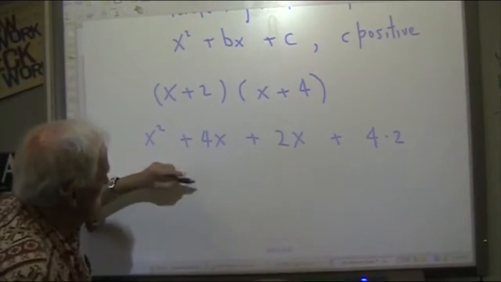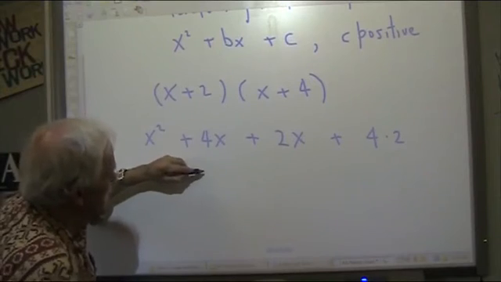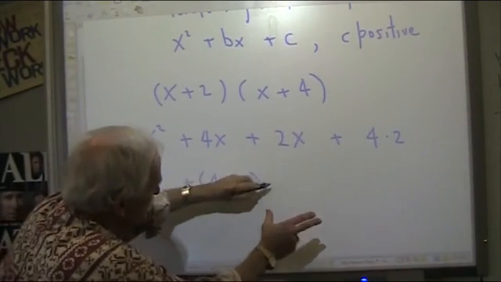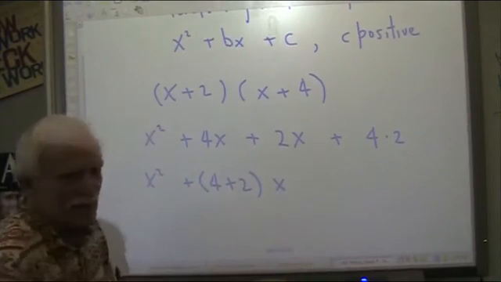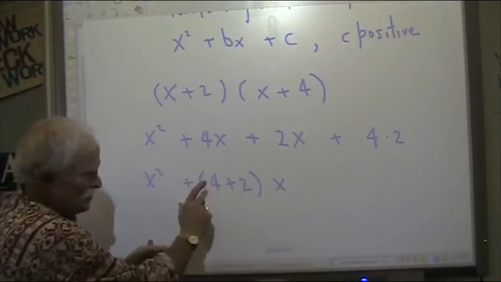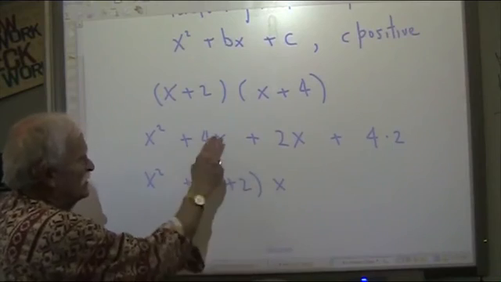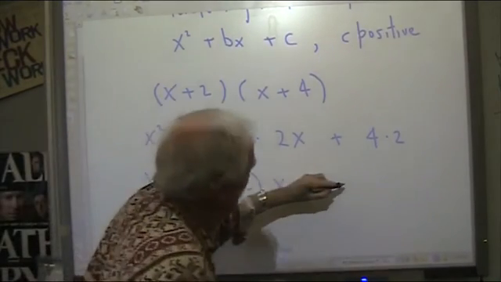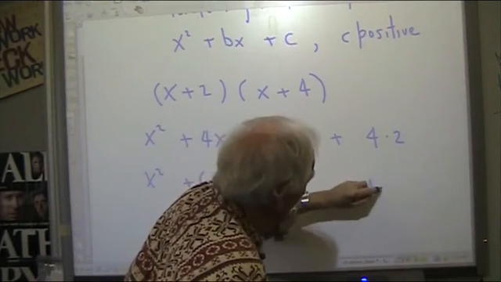So I'm going to have the 4 plus the 2 multiplying the x. So you see that it distributes properly, plus 4x, and plus 2x when you distribute it, right? And then plus 4 times